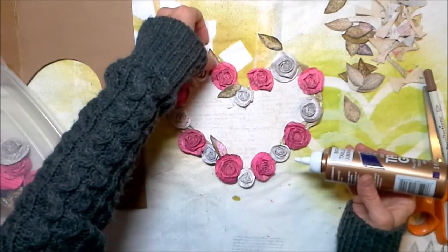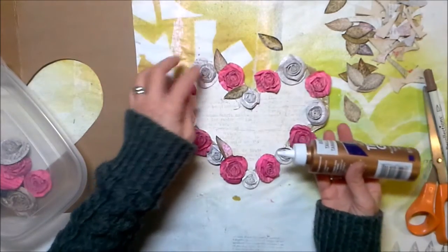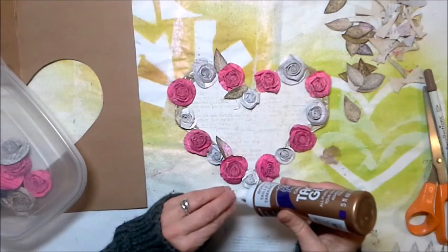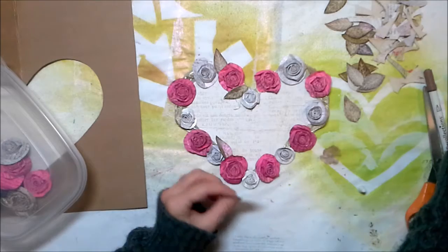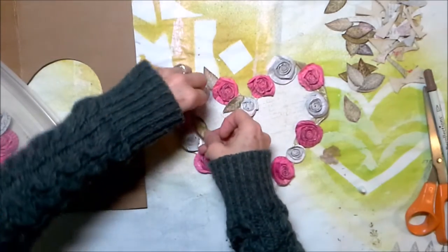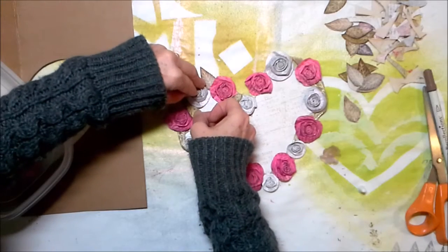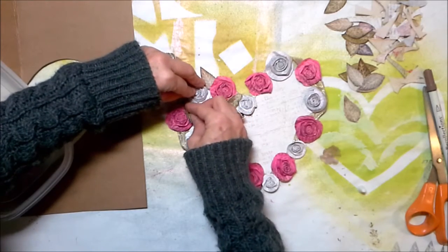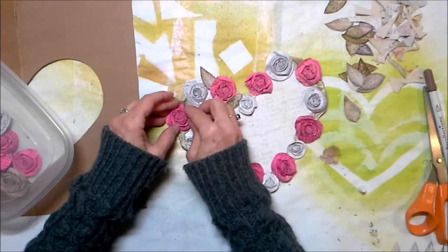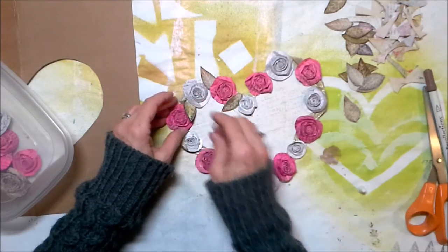There we go. We've got a couple pieces, and we don't want to cover up our pretty ribbon entirely, so we'll be aware of that. And we'll stick this piece maybe like this, and let it overlap into the flower here. Again, I could be